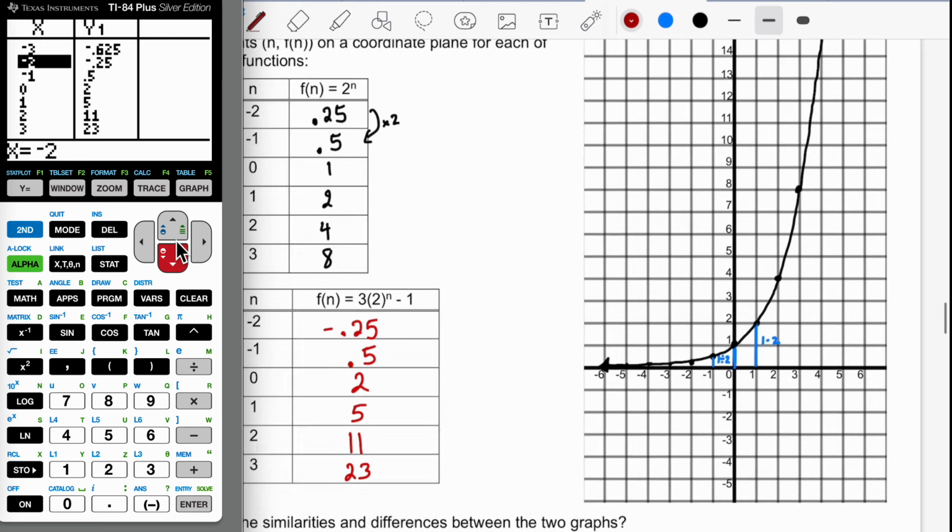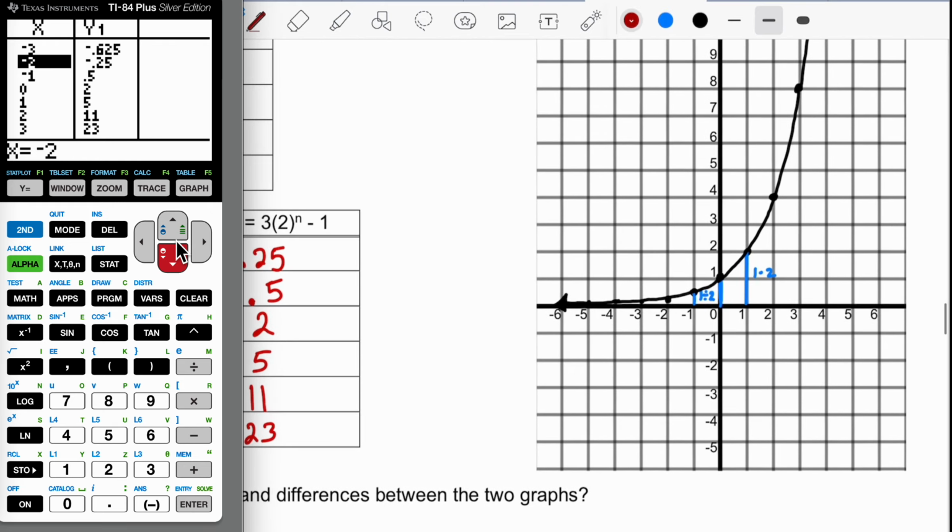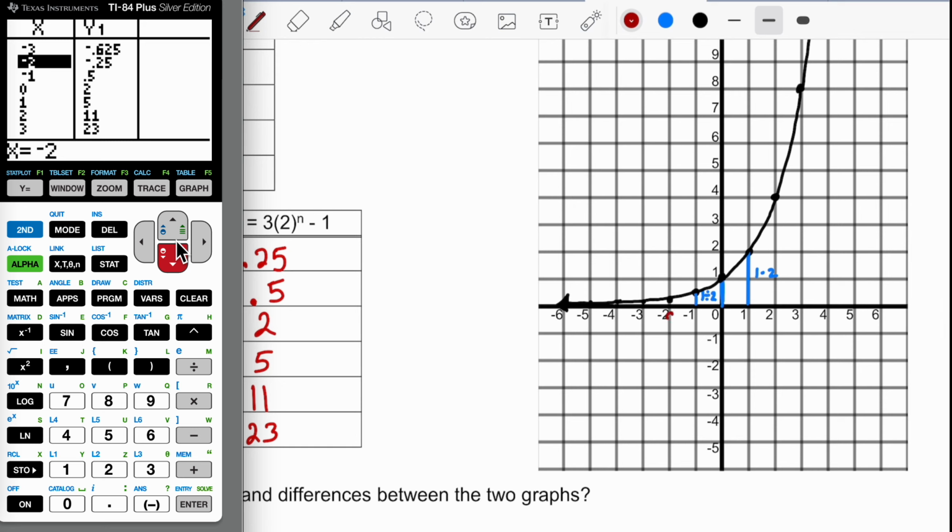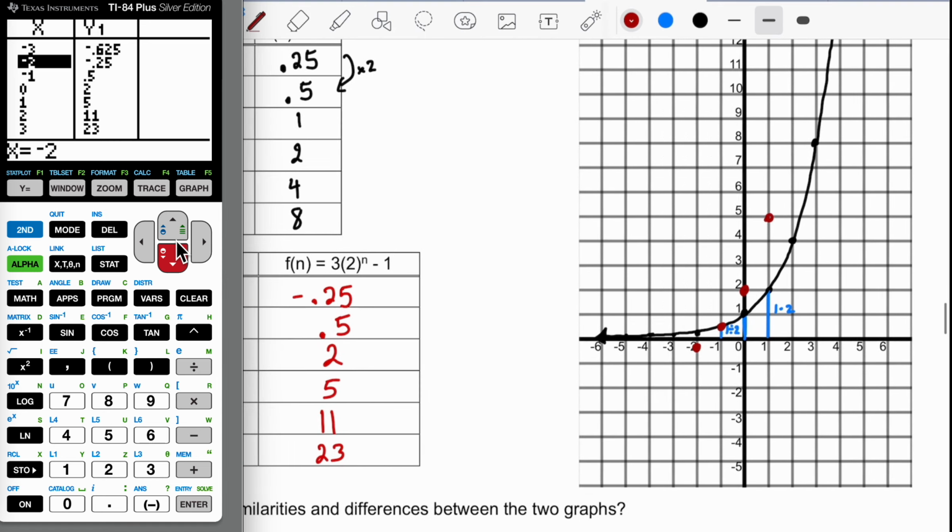So at -2, I'm plotting -0.25, which would be about right here. 0.5 is what I would get at 1, so it's actually the same coordinate as the previous graph. 0, 2, 1, 5, and really just 2, 11 after that. It's enough to get a general sense of the shape of the graph, but